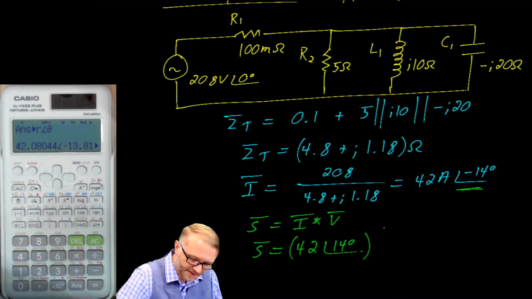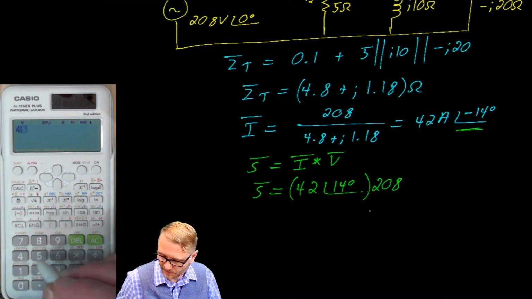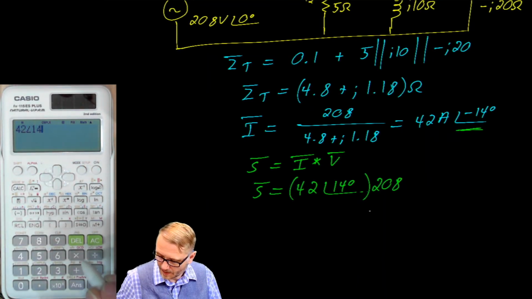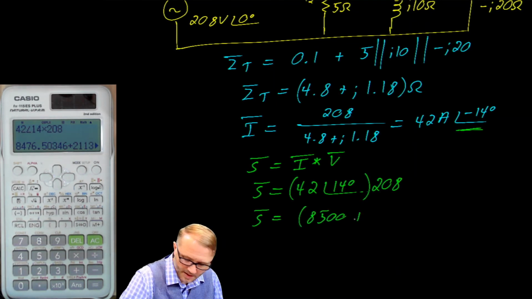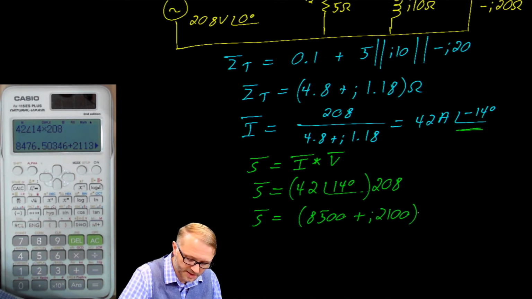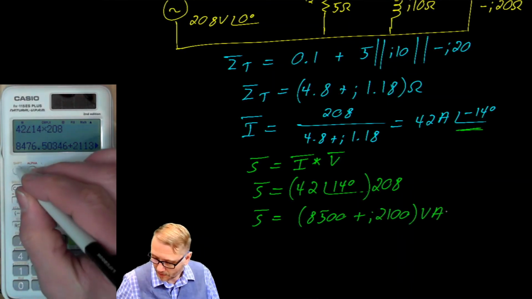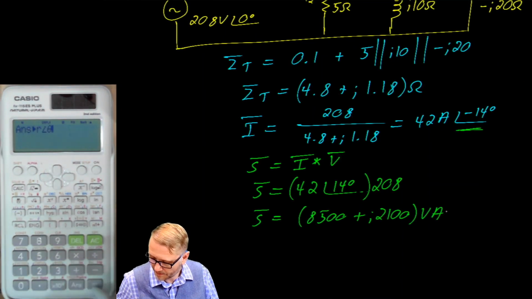And we multiply that by 208. We enter that as 42 at a phase angle of 14 by 208. Our complex power is equal to 8500 plus j2100 VA,